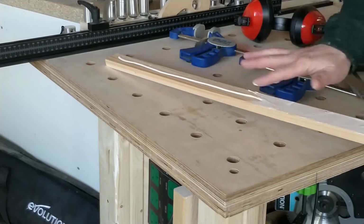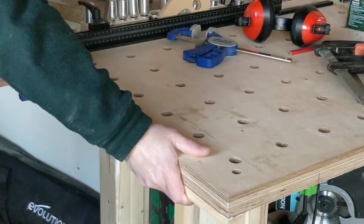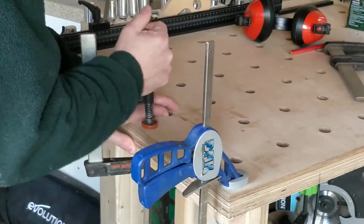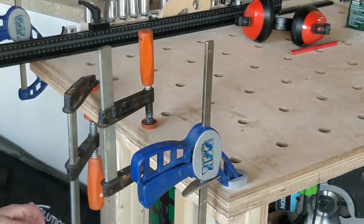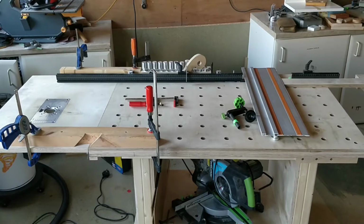The hinges will be screwed into the edge of the ply worktop, so it needs a little additional support which I glue in place. So this is a test fit. I've added this piece of wood here to give me enough space to screw the hinges in, and this surface is being held flush with the top with these two pieces of wood,